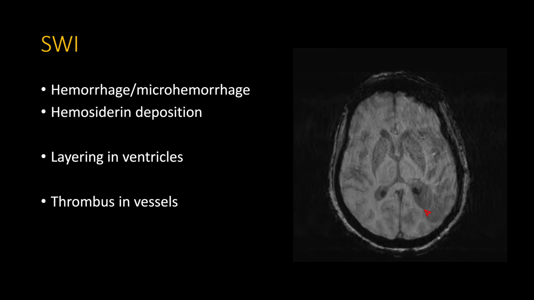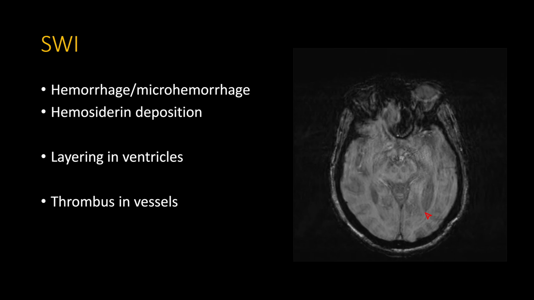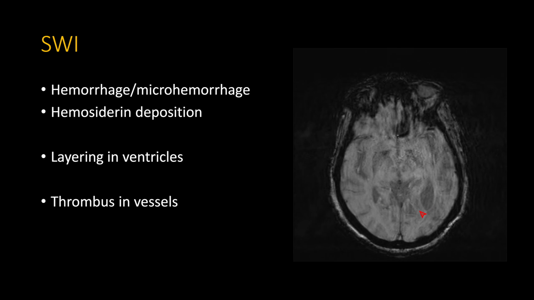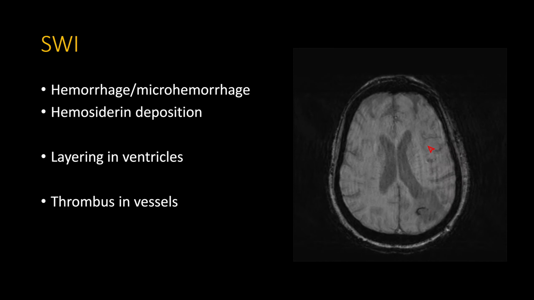While you're here, other things to look for are any layering blood in the lateral ventricles. It's very common to miss a little bit of layering blood in the lateral ventricles, as well as look around the sulci, because sometimes, again, with the